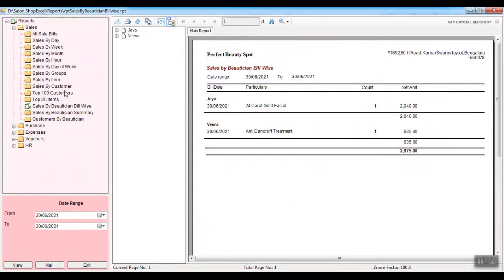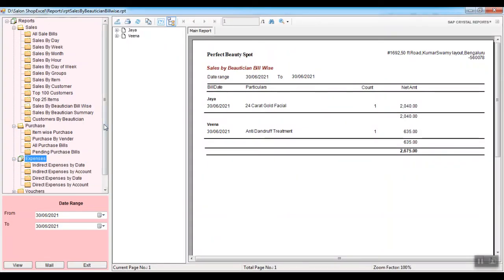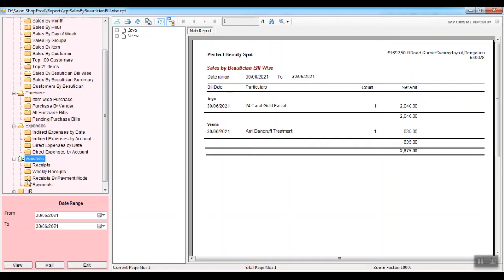Like this you can export all the reports. Likewise purchase expenses, if you add expenses you'll get them too. Under vouchers, you will get all the receipts and payments information for the month.